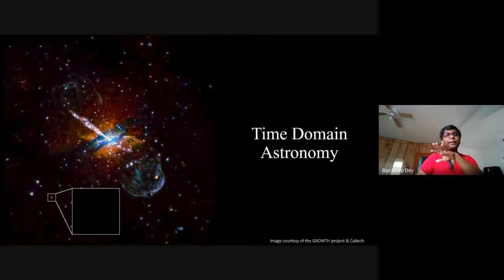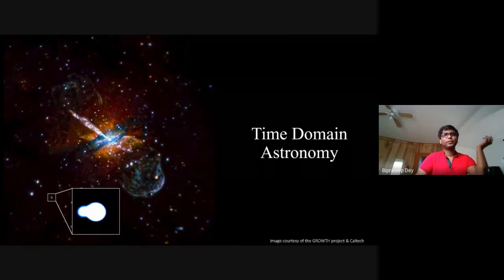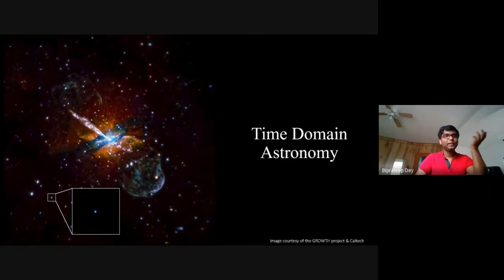There are tons of different phenomena which occur in time, like stars exploding. These are called supernovae, and using those, you can essentially find distances to objects. You can observe variable stars to study properties of stars. There are asteroids and other solar system objects. There are tons of things that you can do in time domain astronomy. And as I'll show, time domain astronomy is already a very hot topic and will blow up to become very big in the very near future.